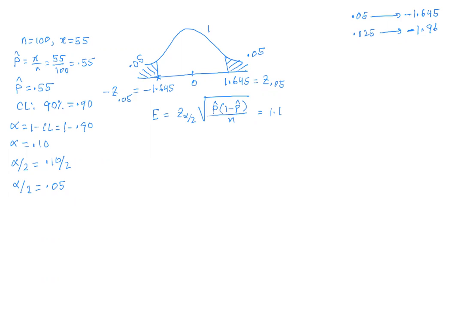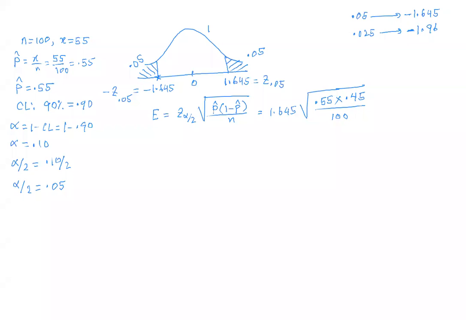So 1.645 times, p hat is 0.55, right? 0.55 times 1 minus p hat, which is 1 minus 0.55, which is 0.45, divided by the sample size, which is 100. Now, if you do the calculation, 0.55 times 0.45 divided by 100, take the square root of it and multiply it by 1.645, it's 0.0818,